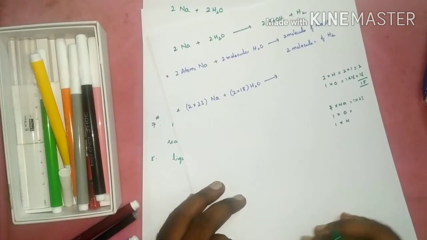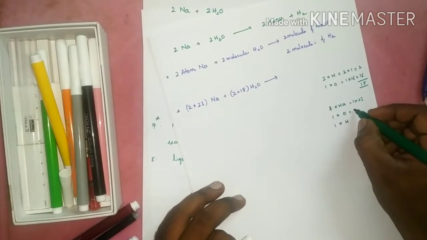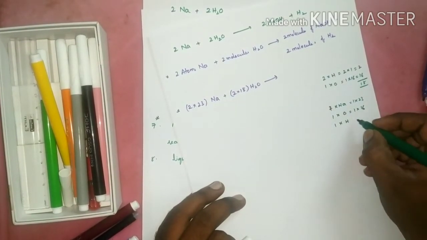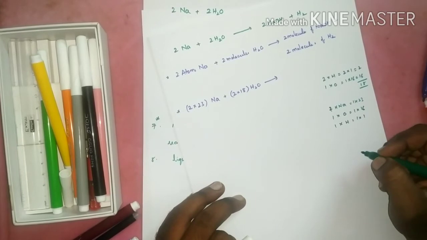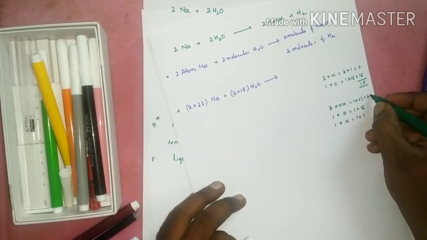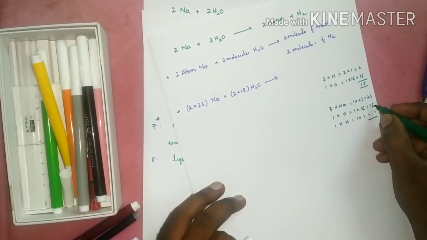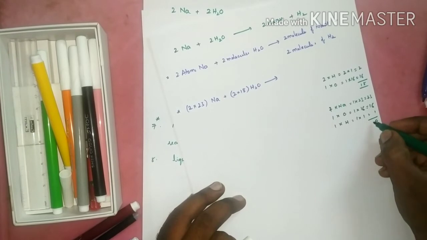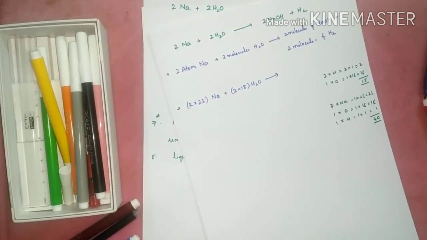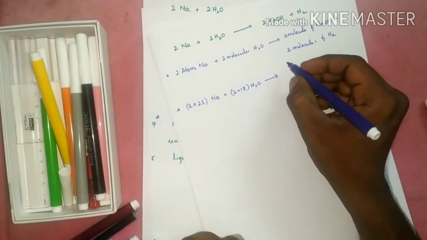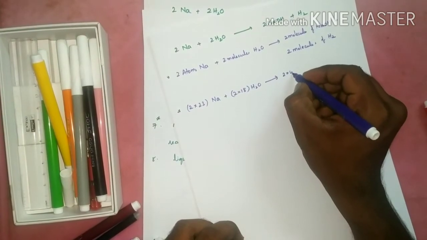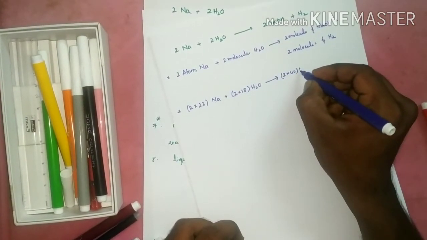That's why I am doing it here, not without knowing it. 1 into 23, 23. 1 into 16, 16. 1 into 1, 1. So how much is it? 6, 7, 3, 8, 6, 3, 9, 1, 10, 40. So here you can write 2 times 40 NaOH